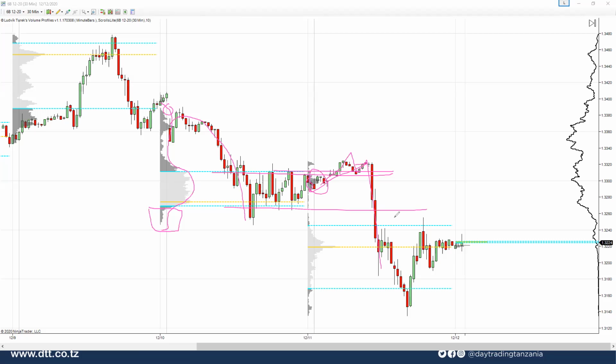Now look on the retest. What level was retested before? Even this area here. The market after the break retested the level and continued. But we can't really look at what happened there because we don't have the information on the preferred side. So let's look at this one, for example,